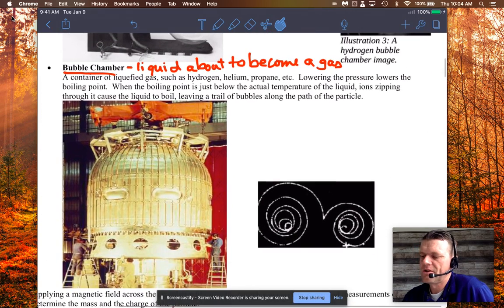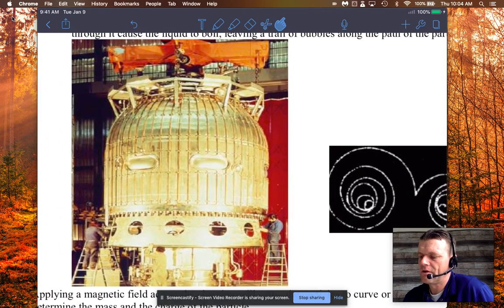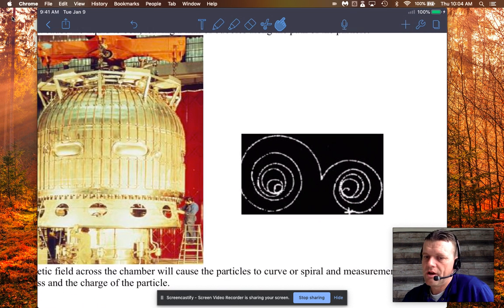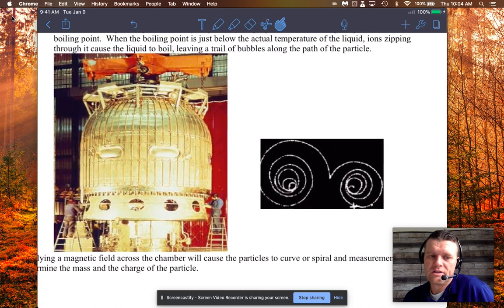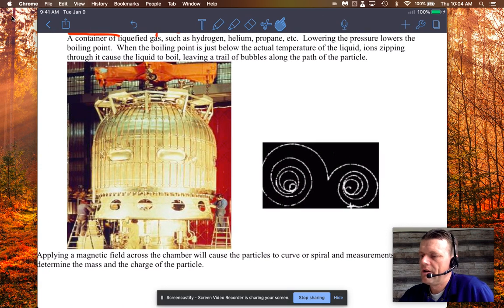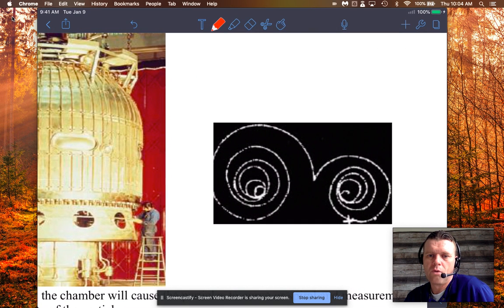Okay. Now here's a large scale one, a picture of a large scale cloud chamber. You see the workers there to scale. But yes, the way to analyze this is to apply the magnetic field. Now I should just note here, here's another picture. I'm focusing on this one in white and black. This is showing what can happen in a cloud chamber. We'll say this is a cloud chamber. It's a cloud or bubble, doesn't really matter.